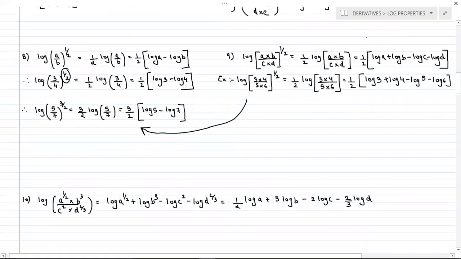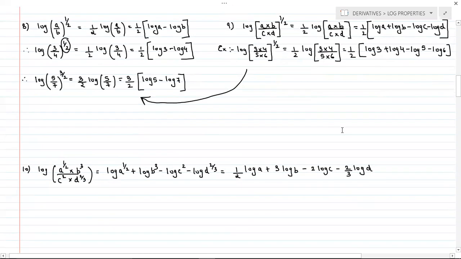So this is what we do while doing the adjustment in the logarithm. Got the idea? So whenever suppose we have this part and a power is there, this power 1 upon 2 is common for all the numbers, so we can keep this 1 upon 2 as it is. So inside the bracket you will apply the property. So log 3 upon 4 will get converted into log 3 plus log 4, and 5 upon 6 is in the denominator. For the denominator we will attach a negative symbol. So that was property number 9.